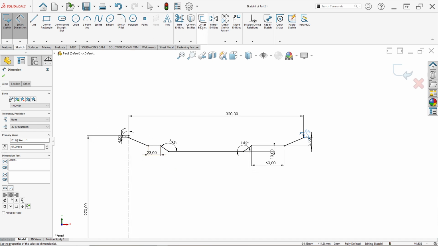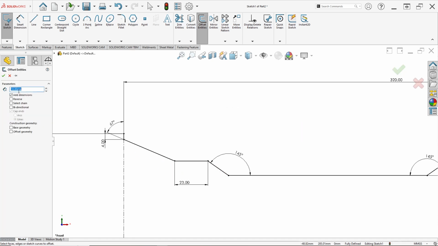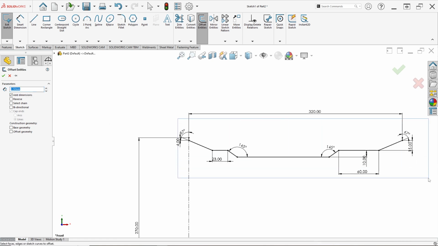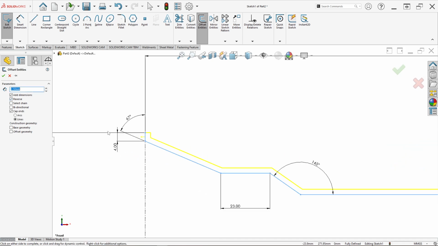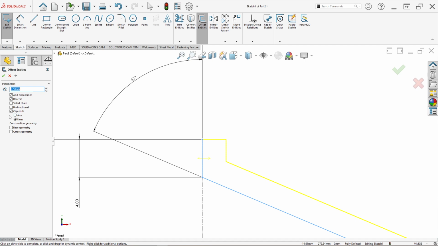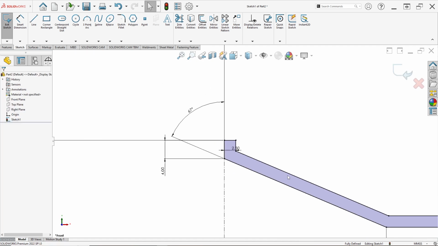So just click offset entities. For the parameter we can change to 2.5 millimeter for example. Left click and drag in here and click reverse direction. Ensure we connect this line with cap ends and click lines. Just click OK.